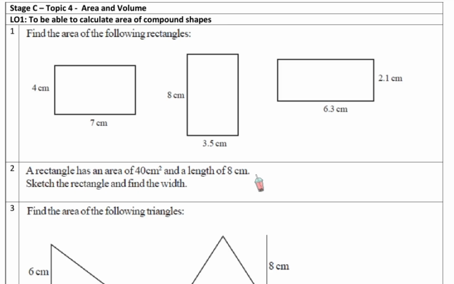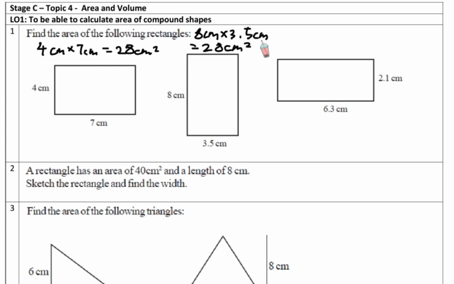Question 1. Find the area of the following rectangles. To find an area of a rectangle, we will need to multiply the length and the width. So 4 cm times 7 cm will equal 28 cm squared. And 8 cm times 3.5 cm would equal 28 cm squared. And 6.3 cm multiplied by 2.1 cm would equal 13.23